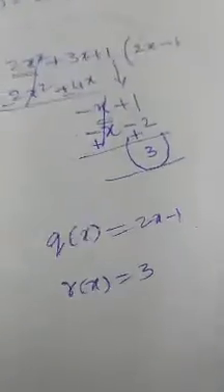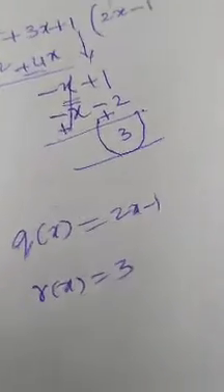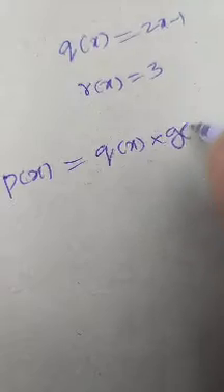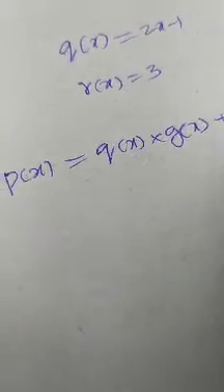Now what did we get as the quotient? We got 2x minus 1. What did we get as the remainder? We got the constant 3, which is called a constant polynomial. So Q of x is 2x minus 1, and R of x is 3. Now I have the quotient and remainder. To know whether these answers are correct or not, we have to use the division algorithm condition. What is the division algorithm condition? P of x is equal to the divisor polynomial into the quotient polynomial plus the remainder polynomial. Is it equal or not?